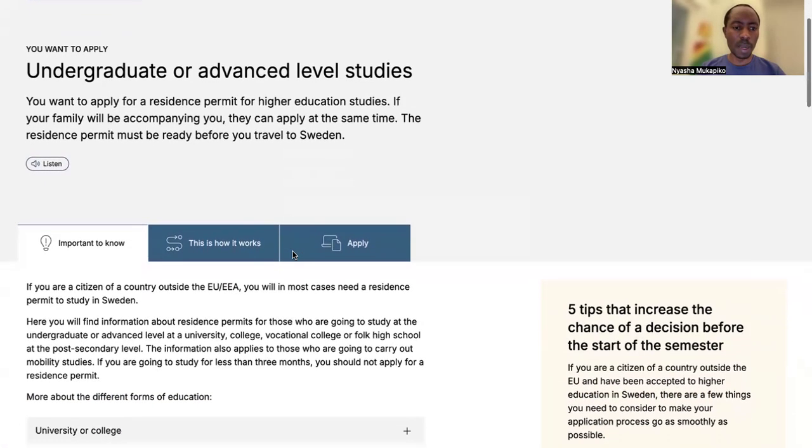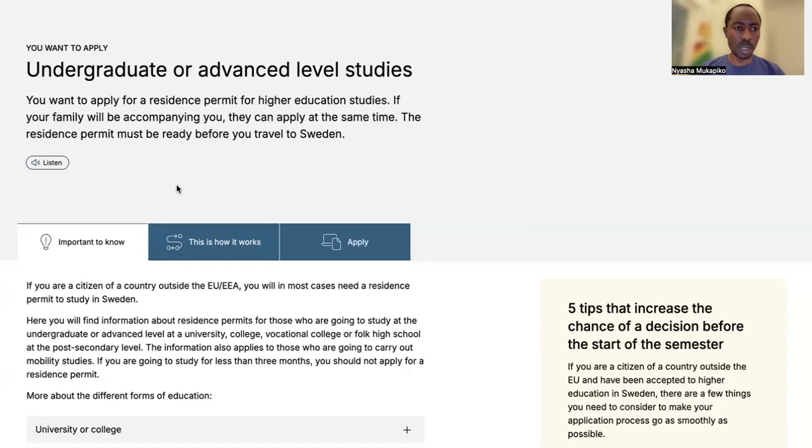So under this option, undergrad or advanced level studies, you see the three headlines below, which show important to know. This is how it works. Apply.